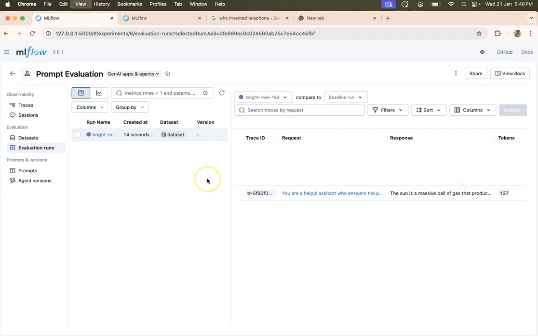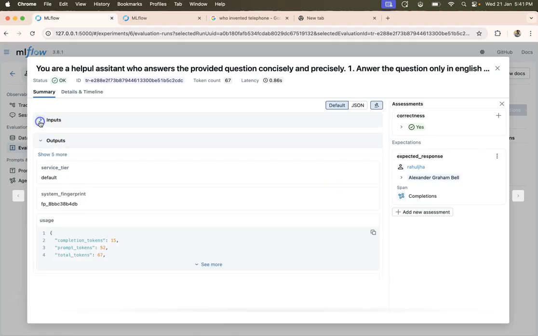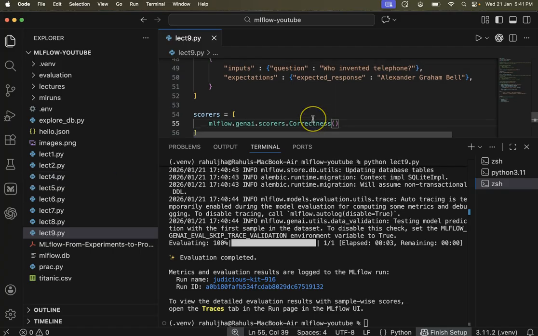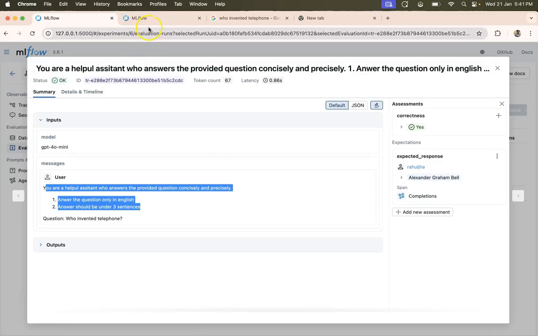Okay. So if I refresh it, you see a new run is created, and if I click on it, you see again there are inputs and outputs. In the inputs, you see you are a helpful assistant. All these things have been extracted from our prompt template that we created earlier. That prompt template exists in the prompt registry.